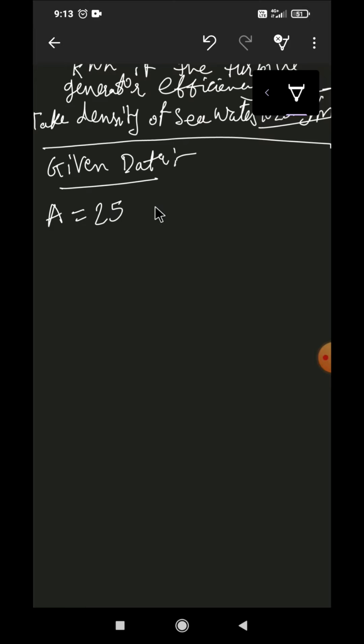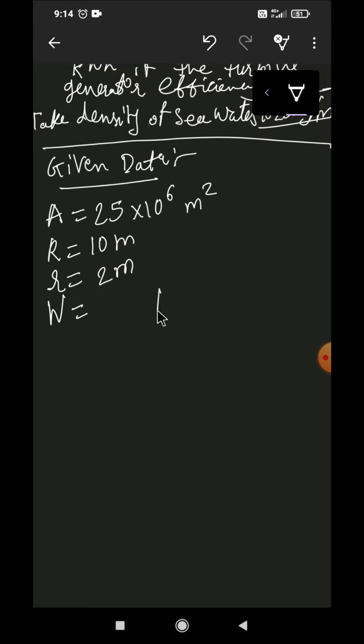Area is 25 into 10 raised to 6 meter square. Then range R is 10 meter. Then the turbine stops operating when the head falls to 2 meter. So 2 meter is the head. Then calculate the energy required in one filling process in kilowatt hour. So how much energy is required in kilowatt hour